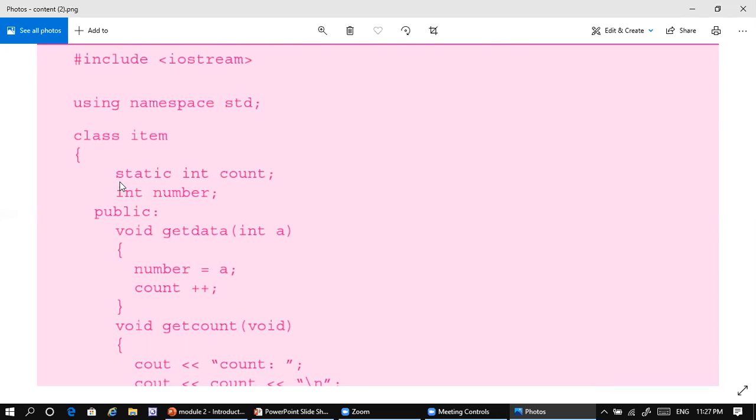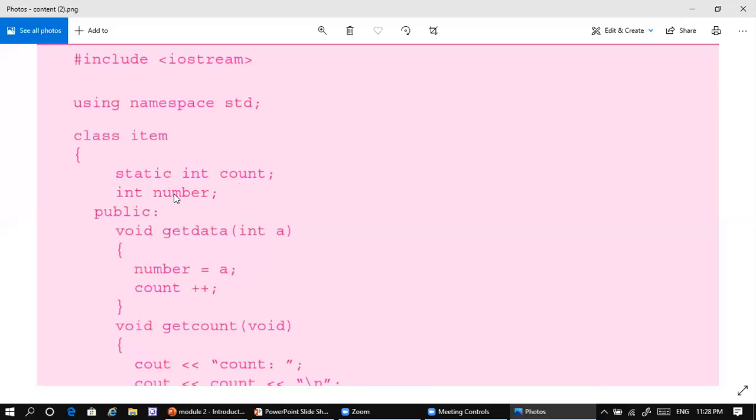The static storage class gives the scope of the variable and also its lifetime. As we discussed, a static variable can be seen only inside the particular class, and it has a lifetime till the end of the program. As we saw in the characteristics, static variables retain the same value across the program at any given instant. Then, static int count, int number.